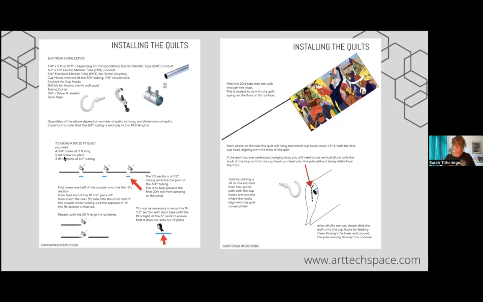And then it tells you how to hang a particular size quilt, because these install instructions were just a generic install instruction that they sent with every work of Christopher's, wherever they traveled around the world, and then you just had to work it out based on this information that you've got, regardless of what size of quilt you had. So it tells you what you need from all this stuff up here,